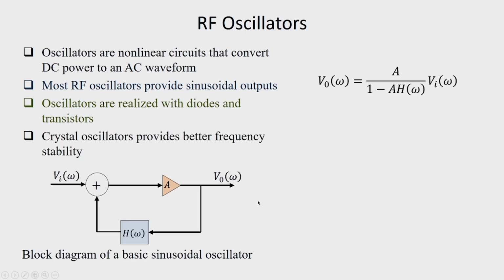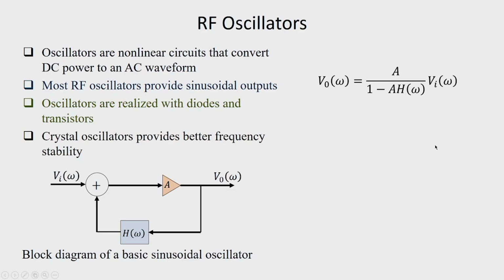So, V_I plus V_0 H, this is multiplied by A, and that becomes equal to V_0. So, from there we can write V_0(omega) is equal to A divided by 1 minus A H(omega)